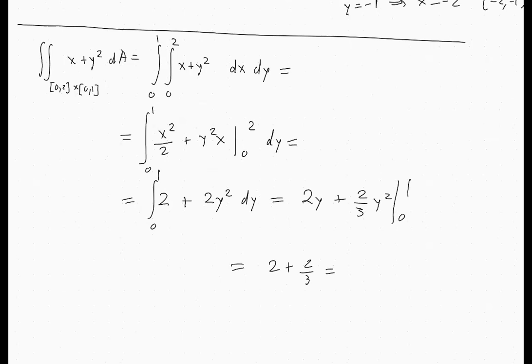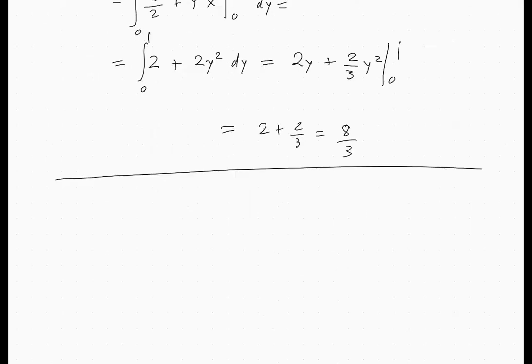Okay, 2 more problems. Problem 7 is we start with the integral from 0 to 1, y to 1, e to the x squared dx dy. We realize that we cannot find an antiderivative for e to the x squared. It exists, but it's not expressible using functions that we already know. Hence, what we do is